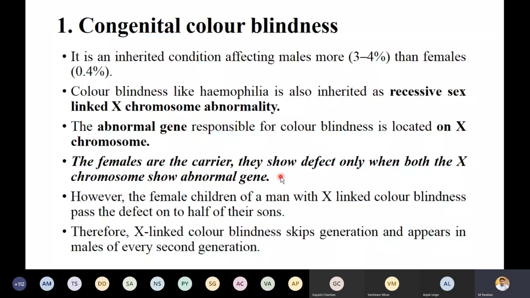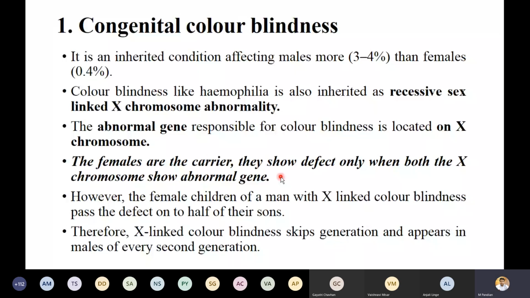The female carrier shows the defect only when both X chromosomes carry abnormal genes. However, the female children of a man with X-linked color blindness pass the defect on to half of their sons. Therefore, X-linked color blindness skips a generation and appears in males of every second generation. So remember, this point is essential to write down.